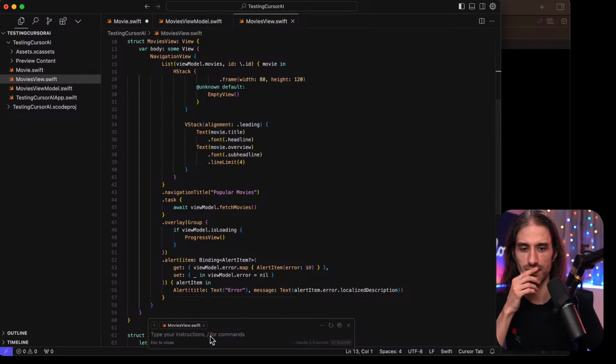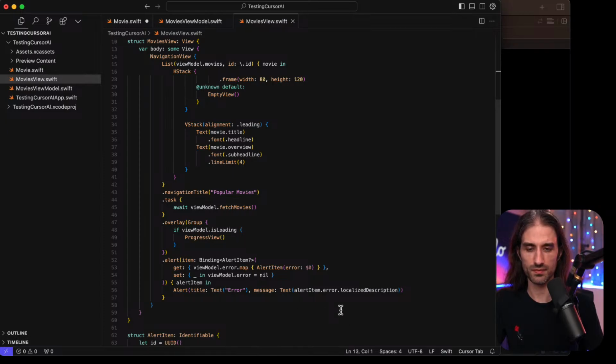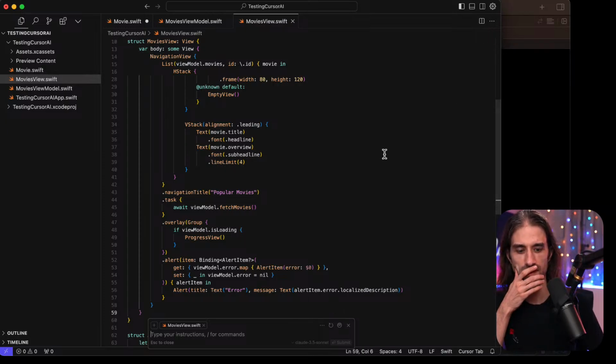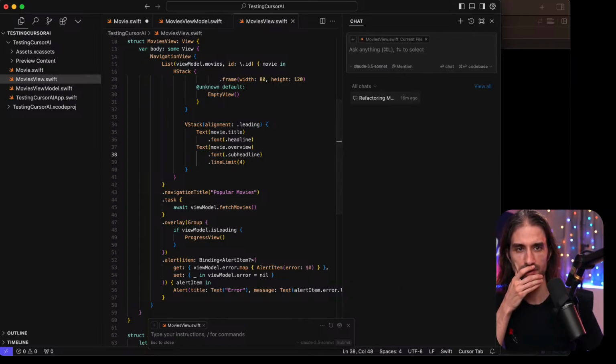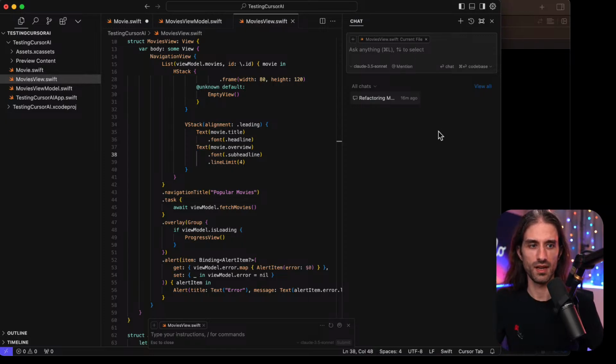What if I reset it? And what if you do Command Shift K? I don't know. No, there was Command L also for the chat. So you can do the chat like that for the code base, but I guess it's for asking questions. But if I do refactor the code to use dependency